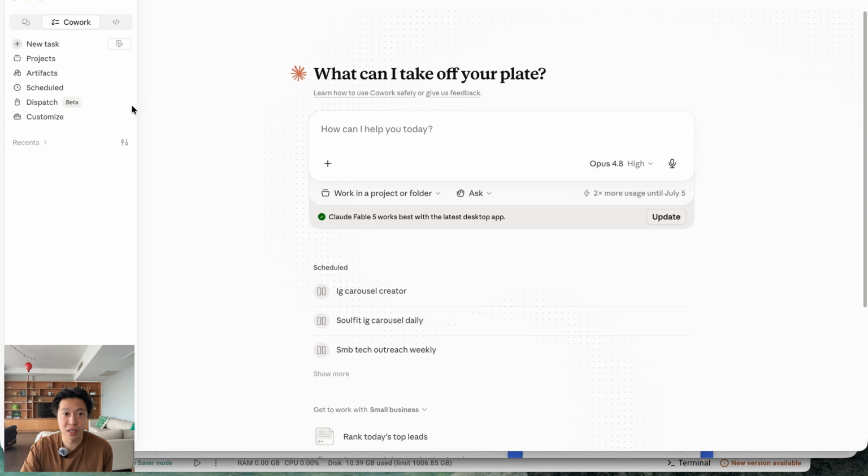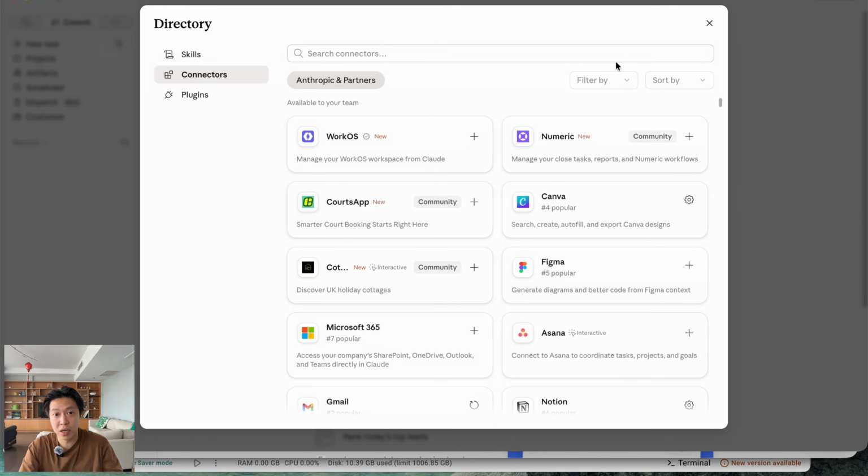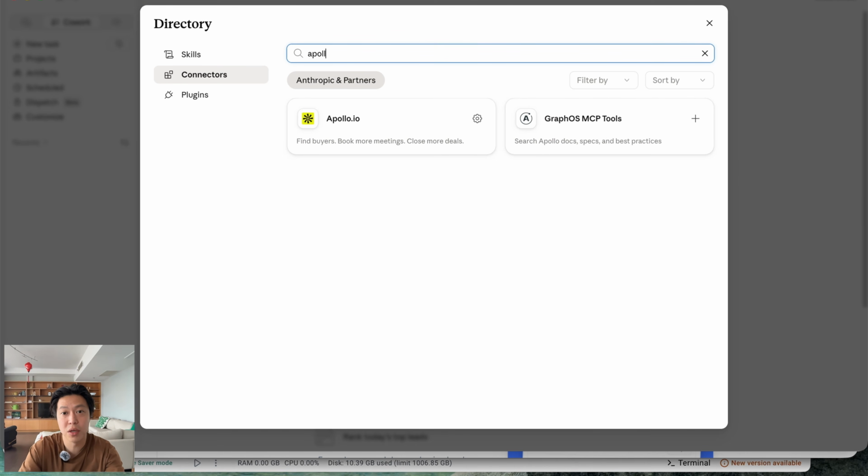But if you do want to connect Apollo or any other connectors, what you can do is, again, go to Browse Connectors, and I think Apollo has an official one. Yeah, there you go. So you can just add it in, and it's a similar case. Once you click on it, it's going to have a browser pop-up for you to authenticate into your Apollo. So just make sure that the email address you're using to register to Apollo